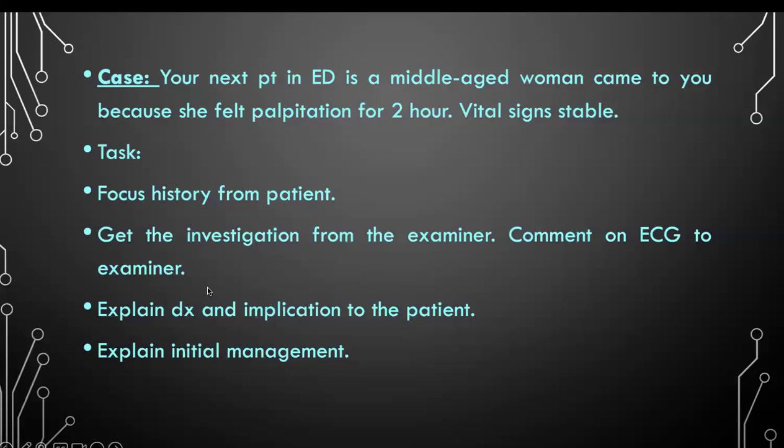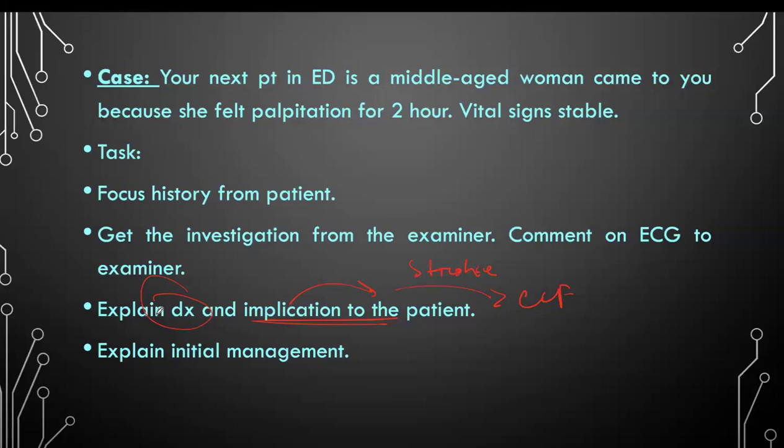Diagnosis: you'll explain what atrial fibrillation is to the patient and what the implication is. The implication, you need to explain that this can cause stroke. This can cause CCF. So that's important just to mention. For the diagnosis, don't go for too much jargon like node, atrium, ventricle. Patient doesn't need to know anything like this. Just make it simple, because there are 4 tasks here. You would not be able to finish this case.